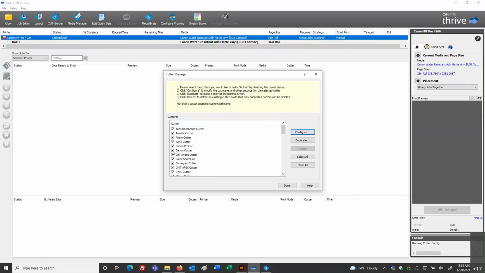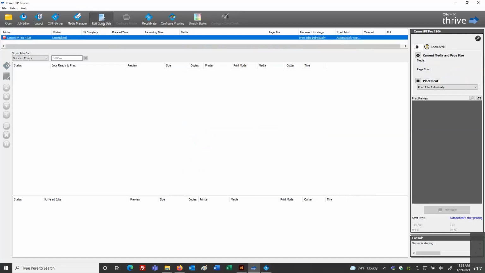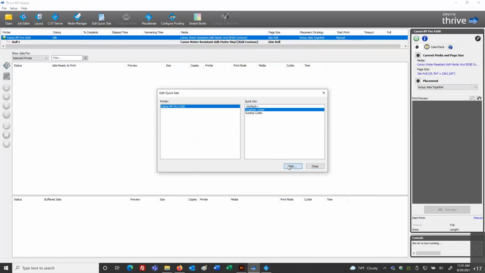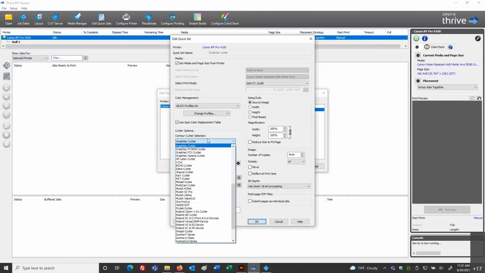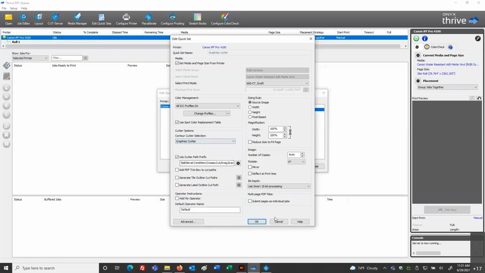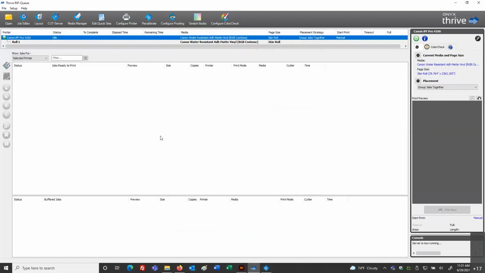When you disable these checkboxes back in the quick set, in this selection, you would not see all of those choices. So if I disabled an iCut, I wouldn't see this iCut here because I unchecked it. So keep that in mind. Some of you come across that now and then where it's been possibly cleaned up when the installation was done. Someone's just gone in to be convenient and say, hey, no need to see all these other models. Let's uncheck them. That manage cutter is where you can go check that on to reactivate that. That could be a situation where in the future you buy another cutter model and you want to support that.